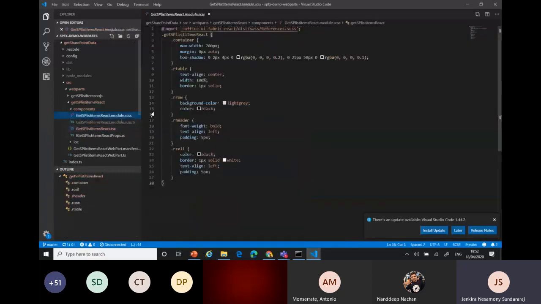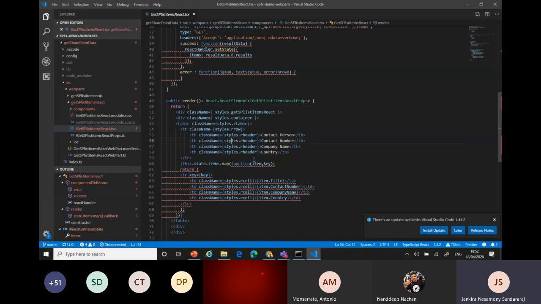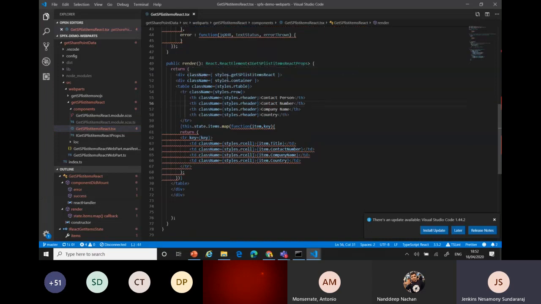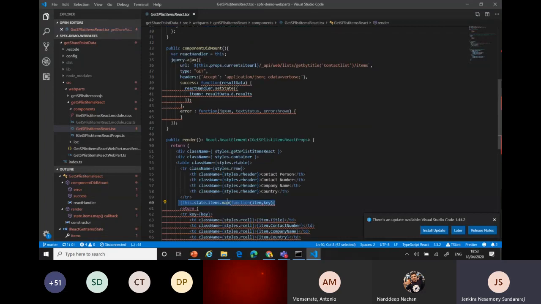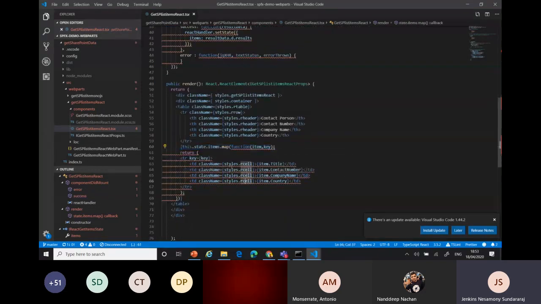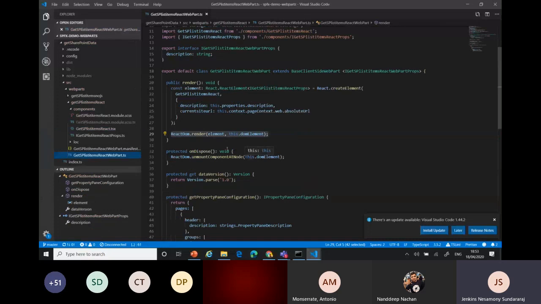Here one more thing is I did the CSS the same way. All the CSS is converted as CSS, and I just added all the custom CSS here. And in the React object, you know, for the class name you use styles. Here I'm using styles dot whatever the class name is from the CSS. I construct the header first, then I want to return, right? I get the value from the Ajax response object and loop the value inside the return object. Once you get the return value, it goes back to the class file, and it will come here and you can get the output from the rendering part.